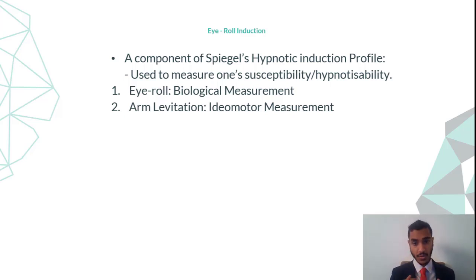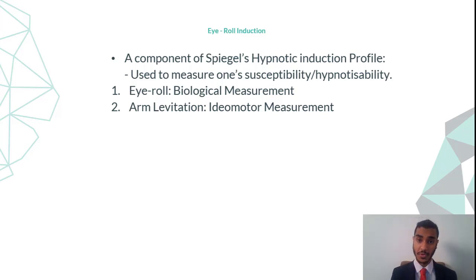Okay, so the susceptibility of one to hypnosis can be measured by the degree in which one experiences this levitation of the hand during hypnosis, and how easily this is experienced when you carry this out with a client or a subject. So essentially, by looking at how easily one's arm is lifting off their lap, you can determine one's